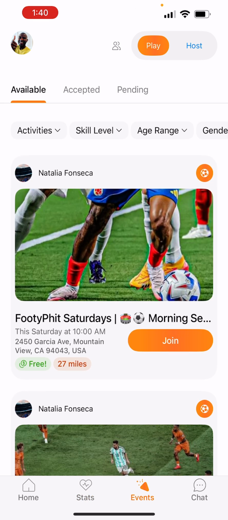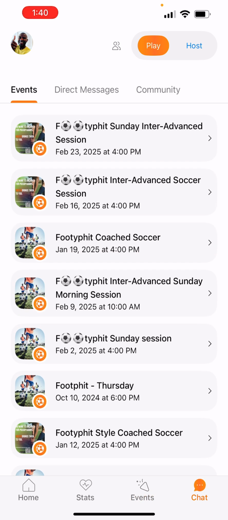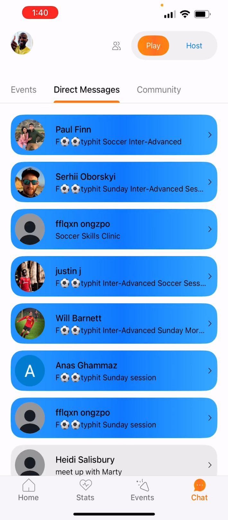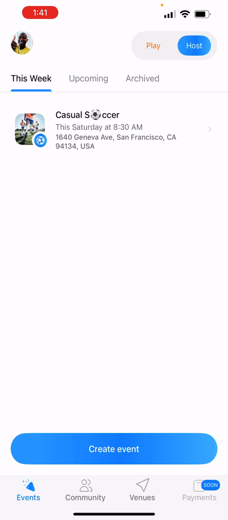And so then events, again, this is another view, just kind of going in depth: accepted events, available events, pending events, where the app would automatically invite people. And then chats, which are very specific to events, or direct chats between you and a host, or chats between your community. Now, the one thing I do want to highlight is, as I was saying earlier,